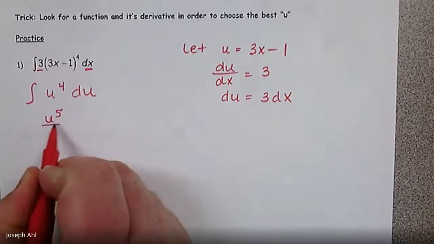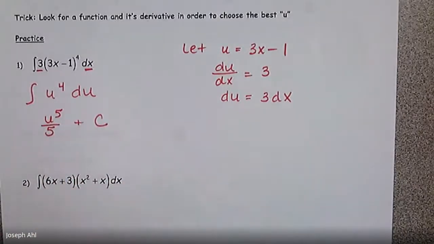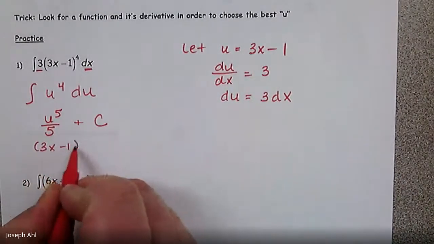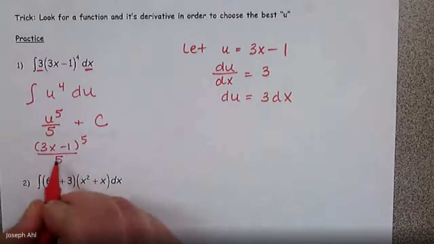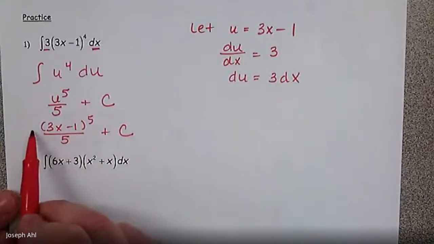It's u to the fifth over 5. Don't forget about plus c there, right? These are indefinite integrals, so we need plus c. And then finally, since u is equal to 3x minus 1, the indefinite integral that we started with would be equal to the quantity 3x minus 1 to the fifth